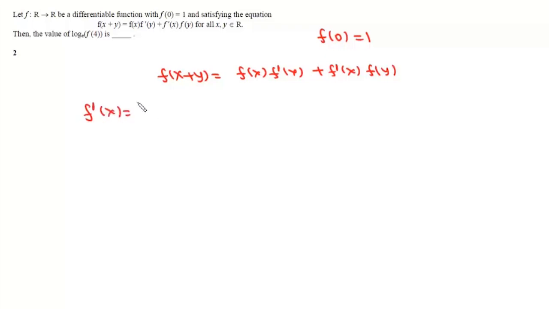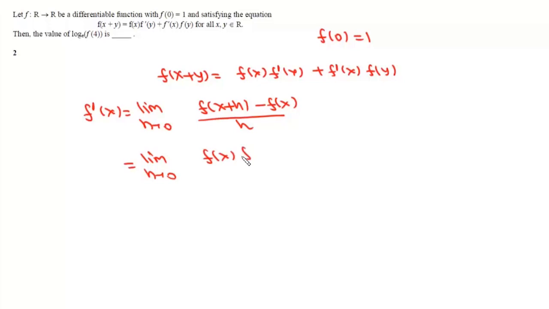Now if we find f'(x), we can write this as the limit h tends to 0 of [f(x+h) - f(x)] / h, and then we can write this as the limit h tends to 0 of [f(x)f'(h) + f'(x)f(h) - f(x)]